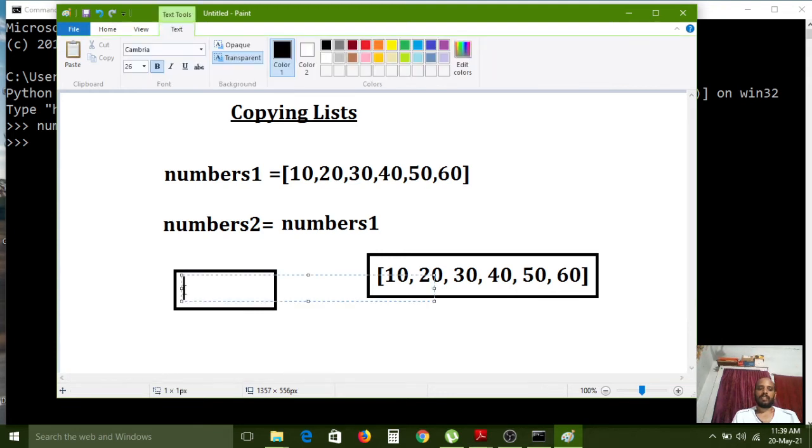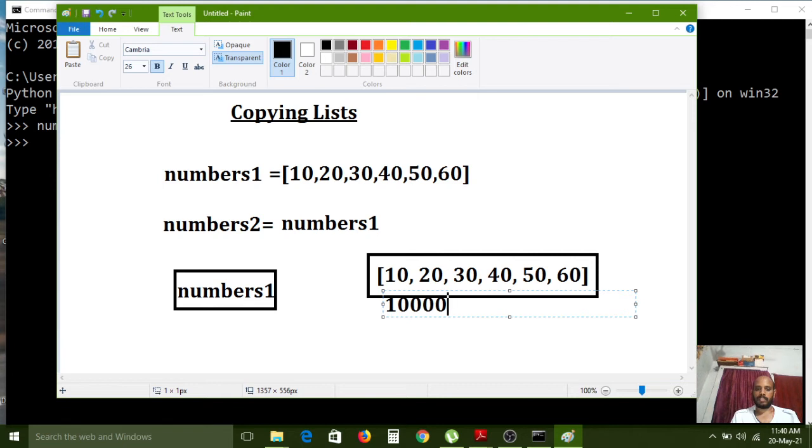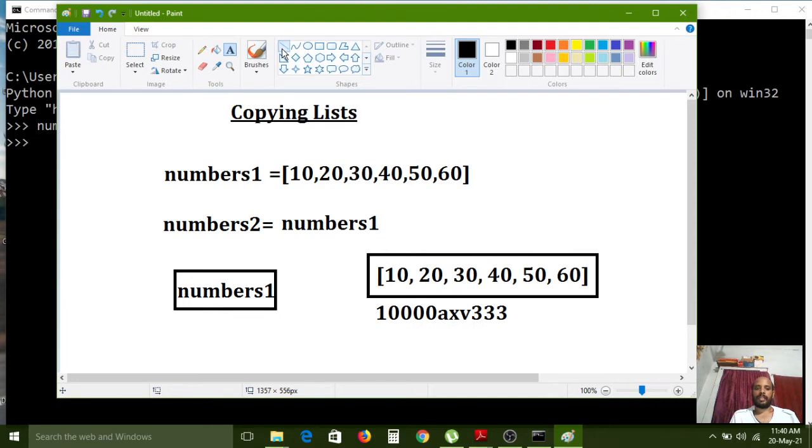Carefully observe. The list name is numbers1. For example, assume the address is 100AXV333. This is the memory list address. So the name numbers1 is pointing to this memory location. Understand?